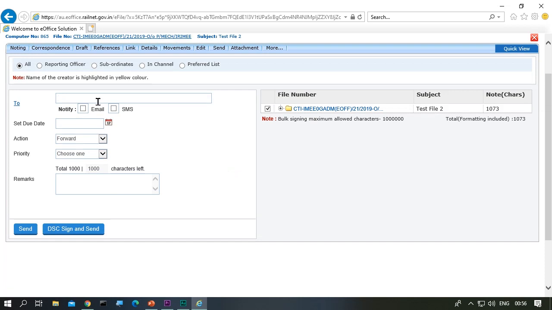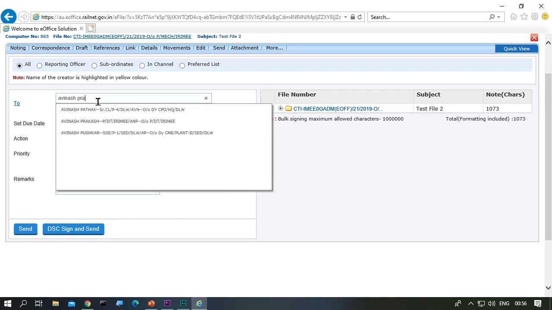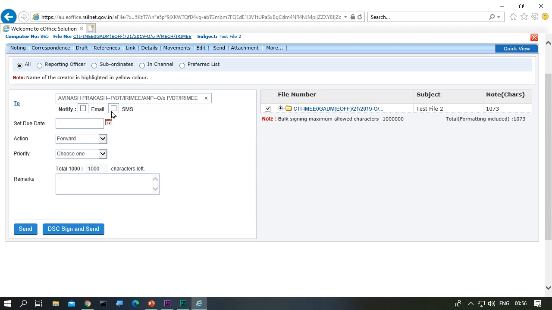Now select the recipient, notify, and then send it with remark and digital signature.